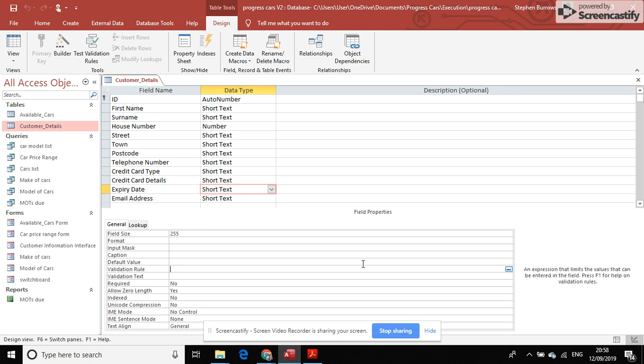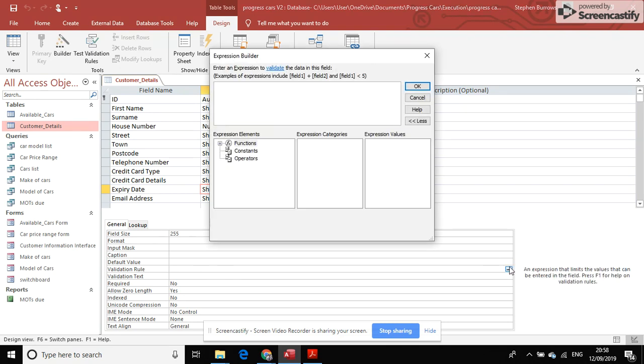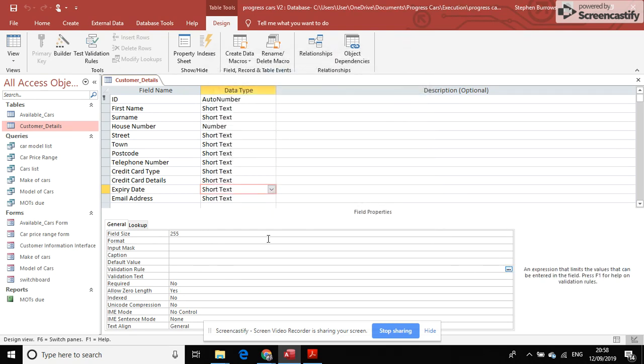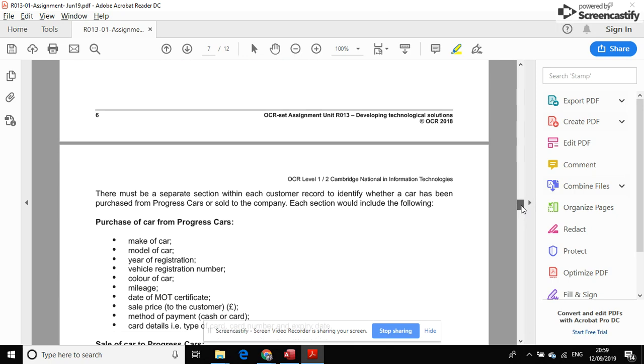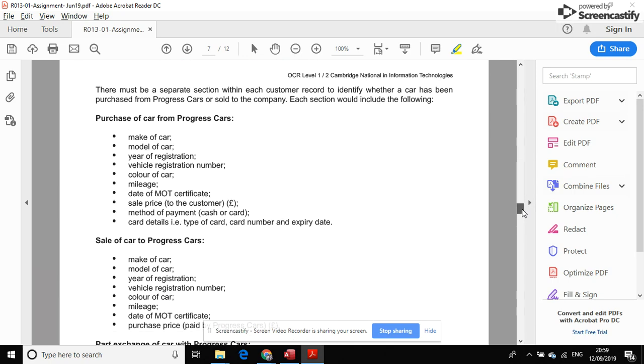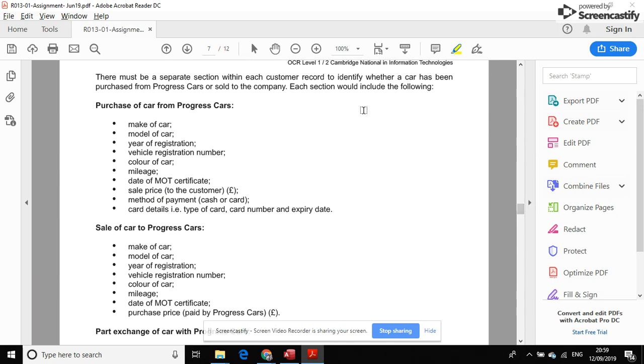Is there a validation rule we can use? Let's just have a look. No, nothing there. Okay. But yeah, so we've now done this. So we can highlight that. That's done. And so if we look down, okay, there must be a separate section for each customer to identify